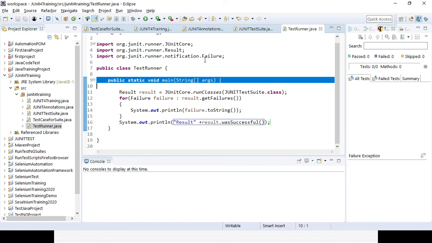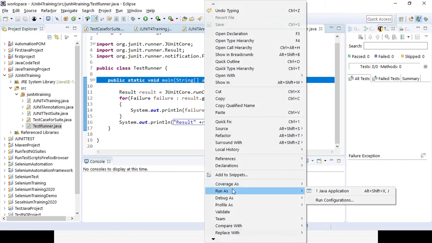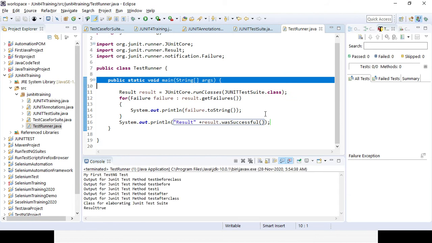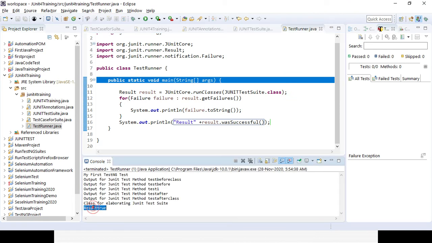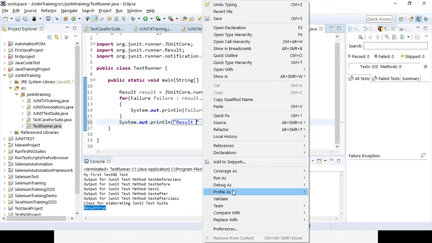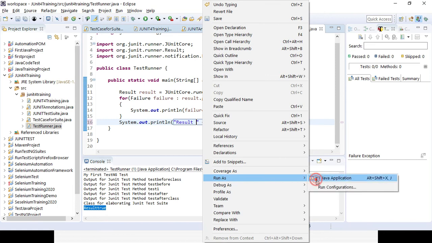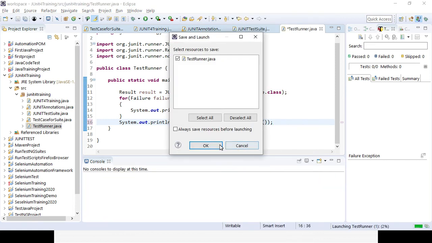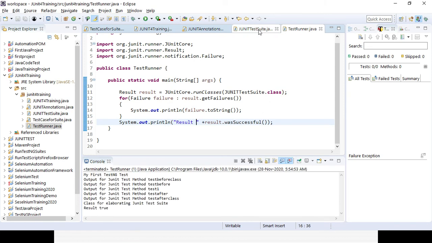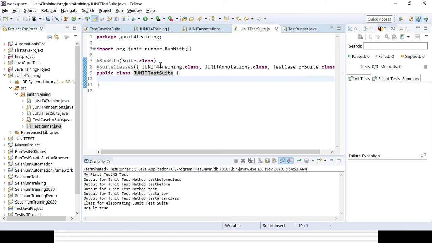Now if you run it, you can see the option to run as Java application. Here I can give some space, so the result will be true. Now if you run it, you can see it is also running that JUnit test suite, because in the JUnit test suite there are three classes.